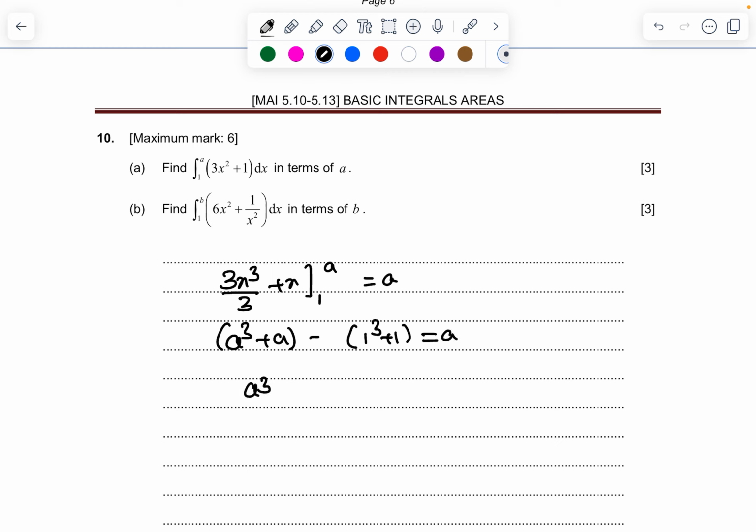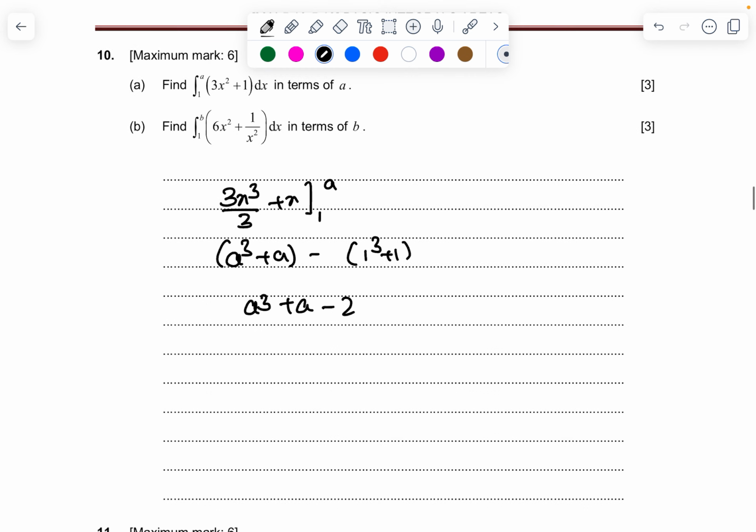So a cube plus a minus 2 in terms of a is equal to a in terms of a. So what does it become? a cube plus a minus 2. That is part A. Coming to part B, 6x cubed by 3 plus x power negative 1 by negative 1